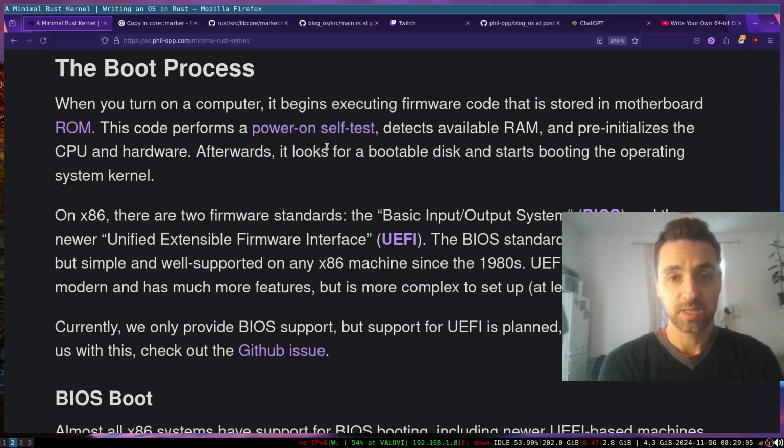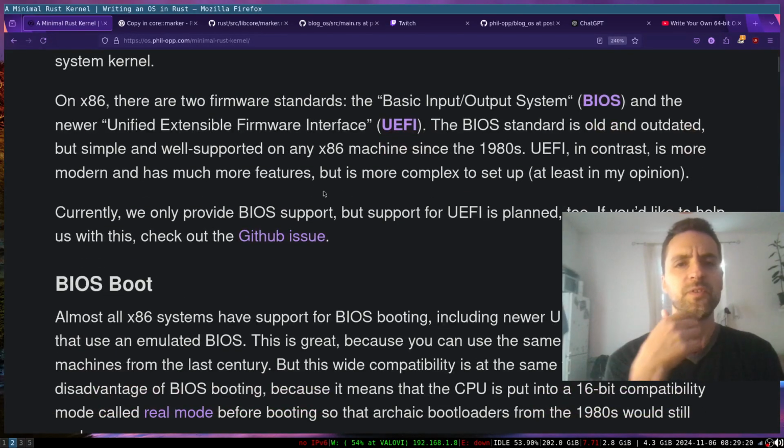Afterwards, it looks for a bootable disk and starts booting the operating system kernel. On x86, there are two firmware standards: the Basic Input/Output System, that's the BIOS, I don't know how you read this, and the newer Unified Extensible Firmware Interface